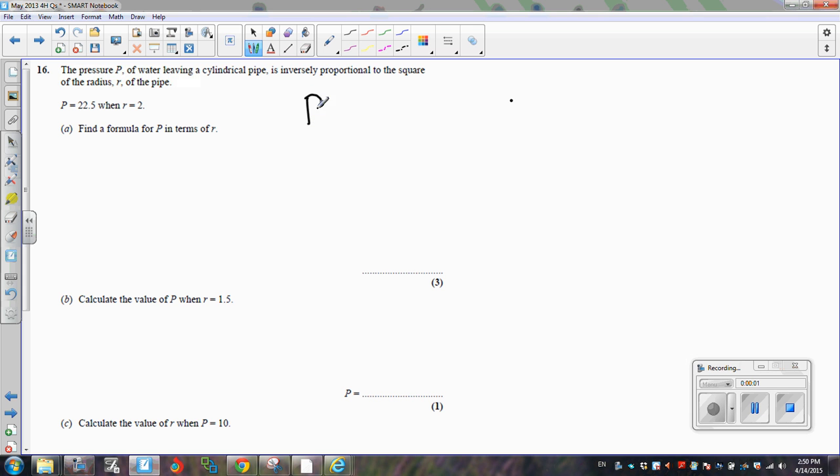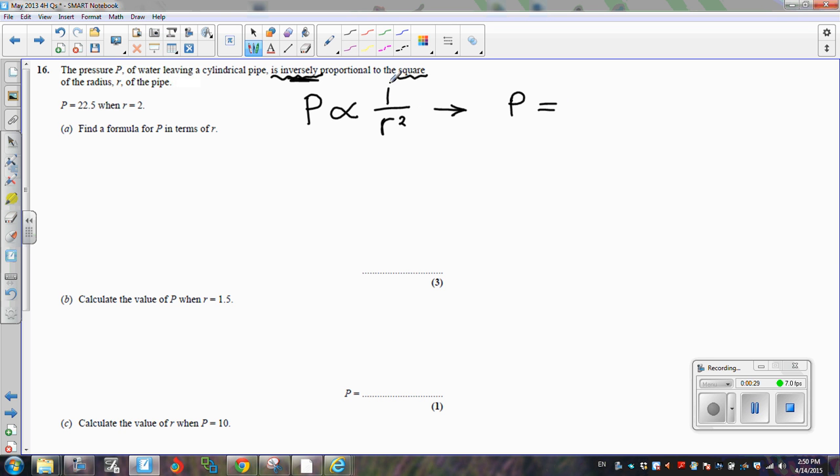P is proportional, and that's inversely proportional to the square of the radius. Make sure you read these sentences carefully. So first of all, I'm going to write this in proportionality language. So P is proportional to, and remember, if it's inversely proportional, we write 1 over the square of the radius, which is r squared. And remember, we can now change that into an equation, which is P equals, now what